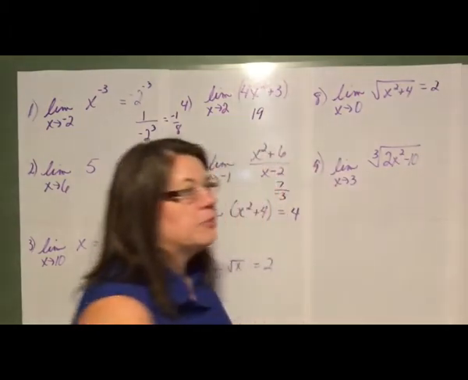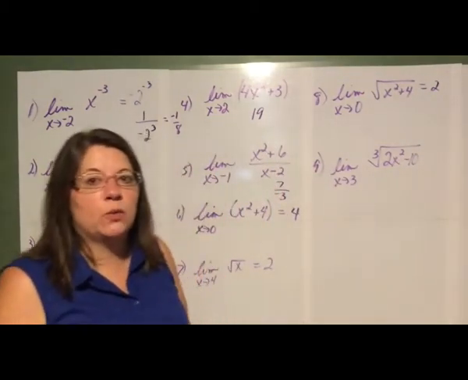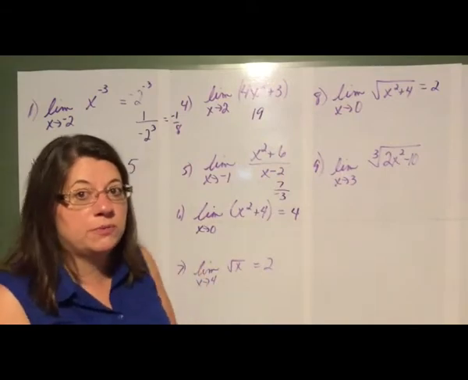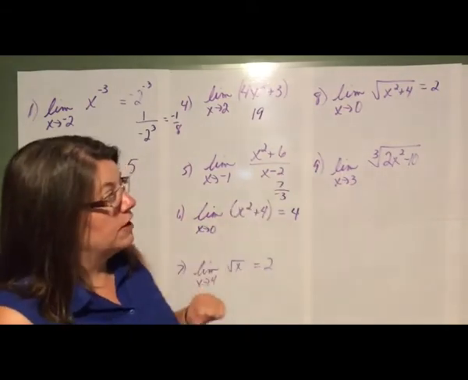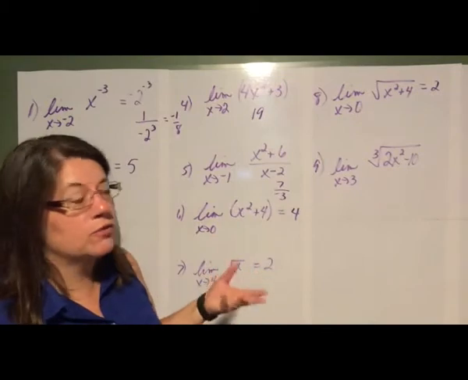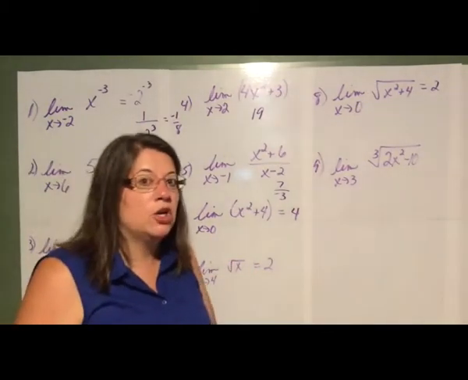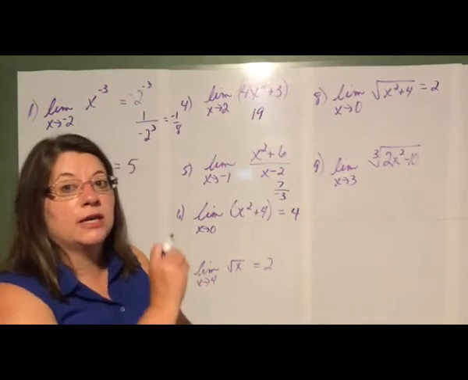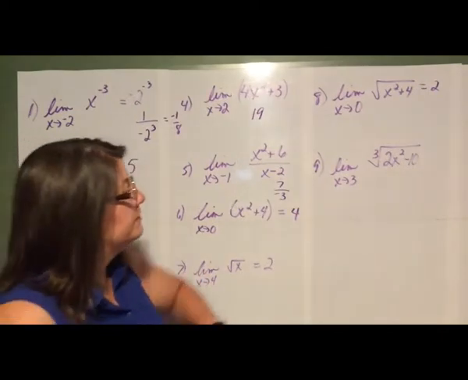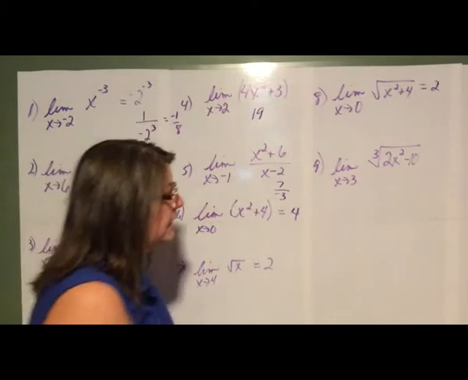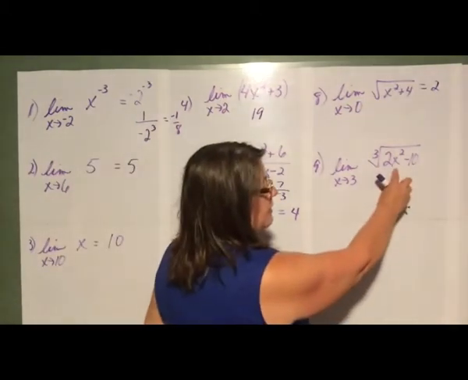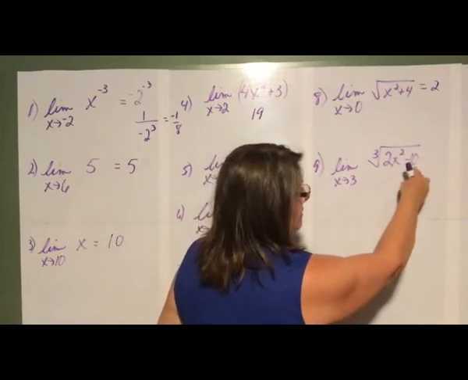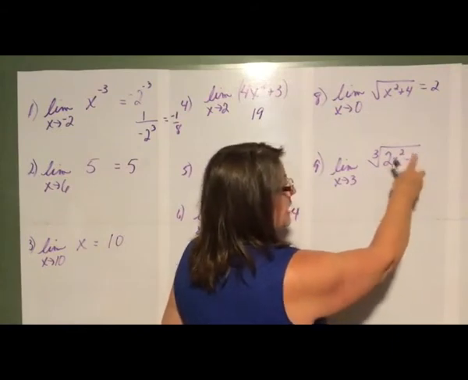Remember, we only need to put plus or minus if we have an equation that we have put in the square root. Otherwise, we're just looking for the principal square root, which would be the positive answer there. So no need to put plus or minus. Some students have trouble with that at first. So no need to put plus or minus unless you have put in the equation a square root on your own to solve it. And then here we've got a 3 that we're going to substitute in directly. So that's 3 squared is 9, times 2 is 18, minus 10 is 8,